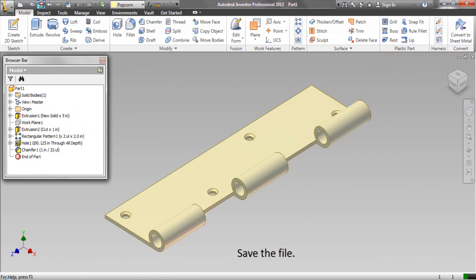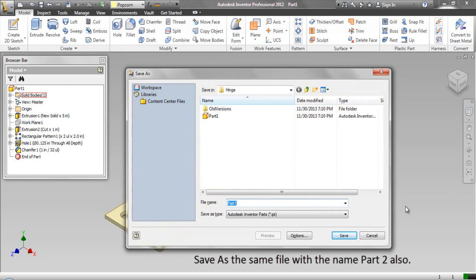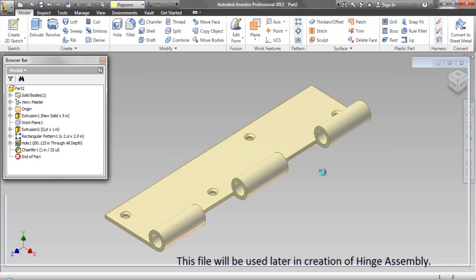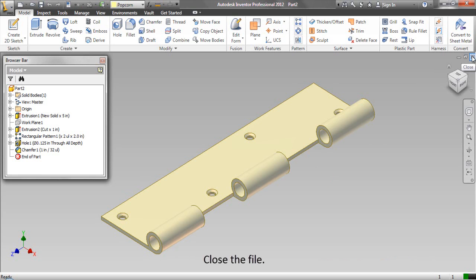Save the file. Save as the same file with the name part2 also. This file will be used later in the creation of the hinge assembly. Close the file.